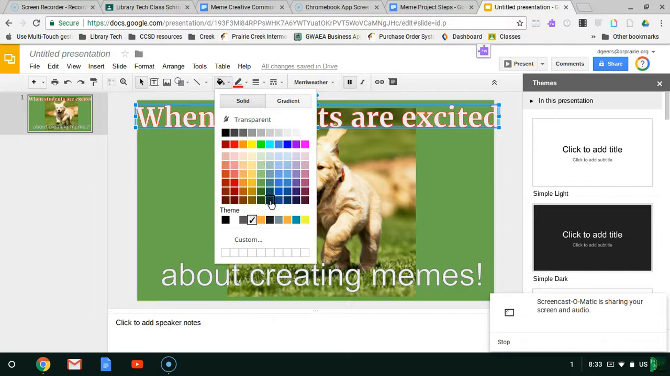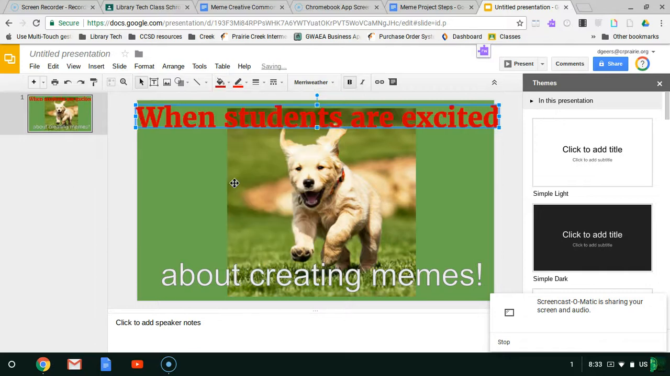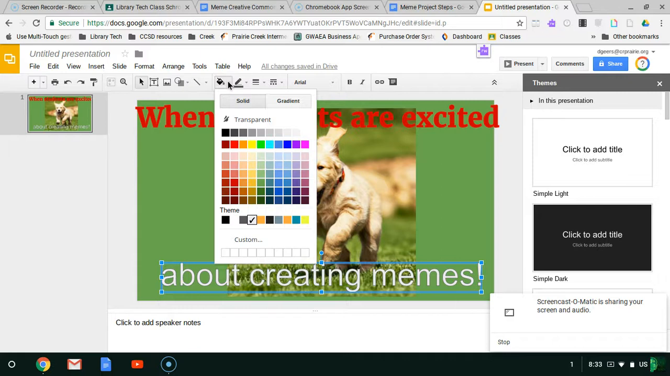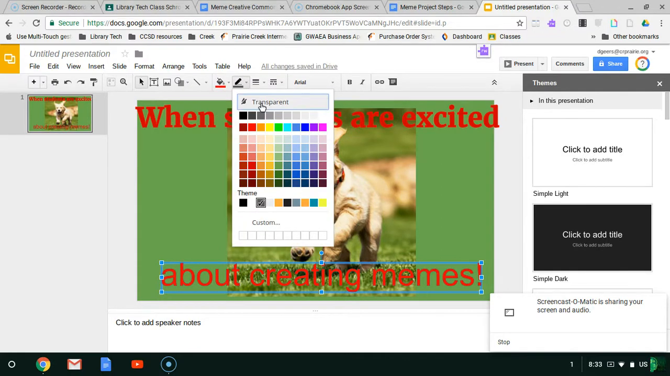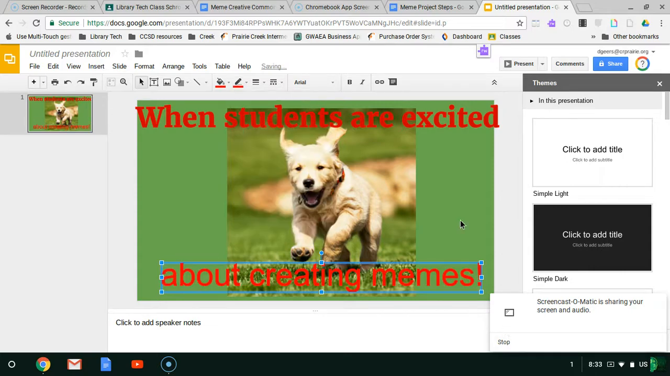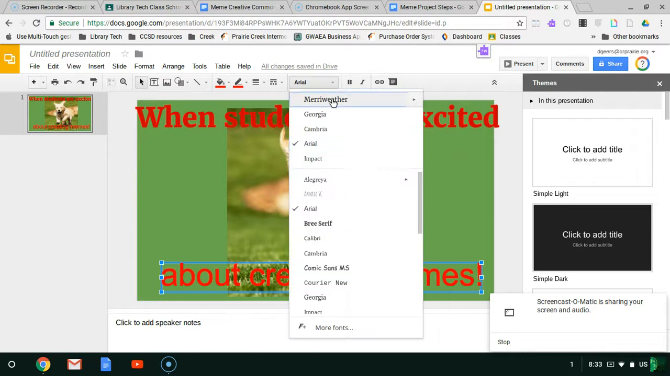And let's see what happens if I do this. Ah, that filled the letter. I thought it was going to fill the text box. When students, I kind of like that red now. When students are excited, and the line, I'm going to also do that about creating memes, but now I want this font to match that font. That's Merriweather bold, and so I'm going to go down here, and now I'm going to click Merriweather